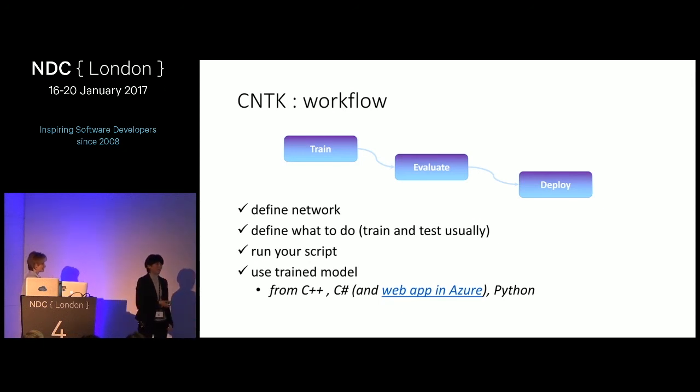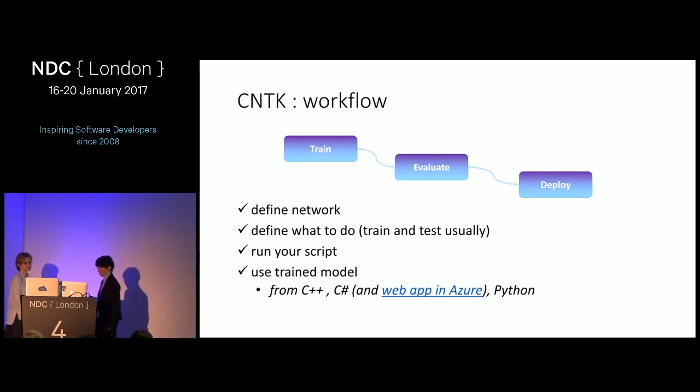So you can define the network, as I said, in BrainScript. But recently, they published an update. In the latest version, you can also use Python for that. To evaluate the model, not to train, but to use an already existing model, you can use C++, C#, Python, you name it, a whole bunch of languages. My demo is done in C#, because I used to be a C# developer. So I will show you.